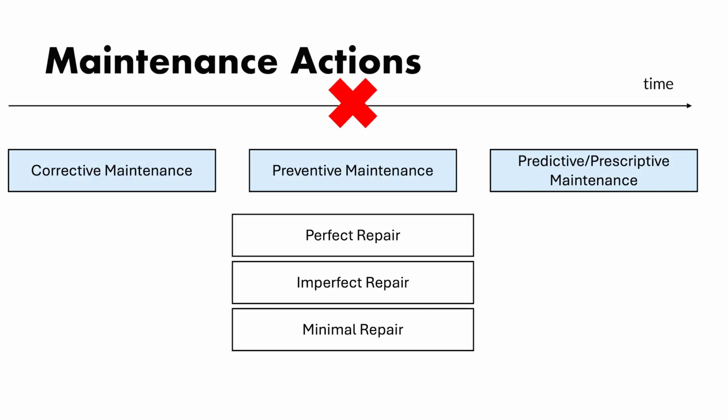So to summarize, if you have a repairable system, you will have failures, and you need to repair them. Regardless of the maintenance strategy to identify the failures, you will need to perform a repair. And the repair can have different impacts, and according to the impact, we can classify it as perfect repair, imperfect, or minimal repair.